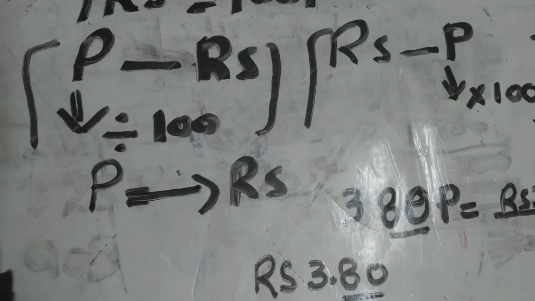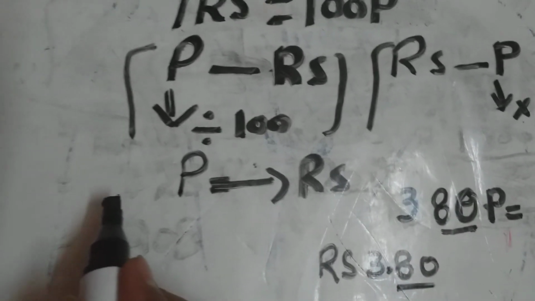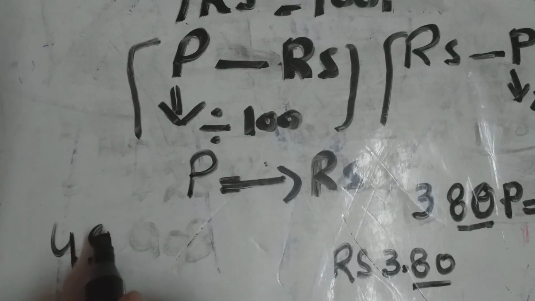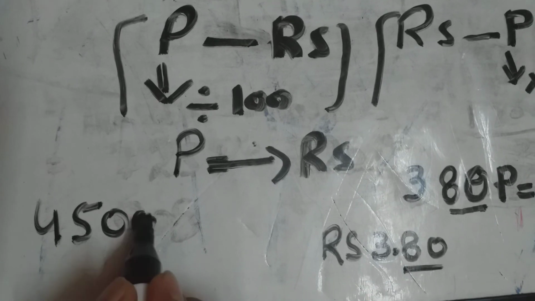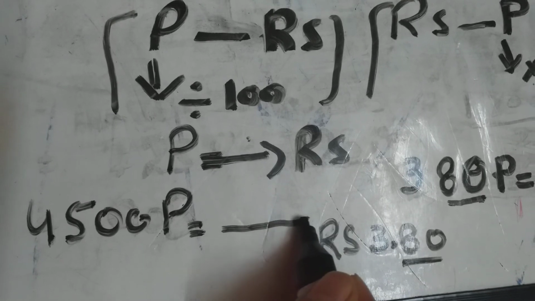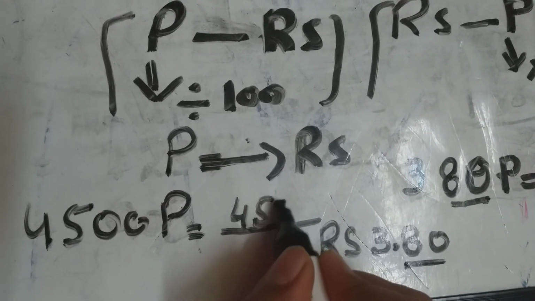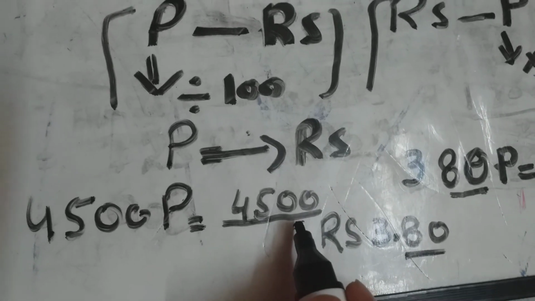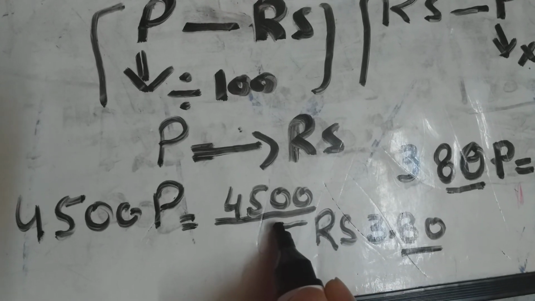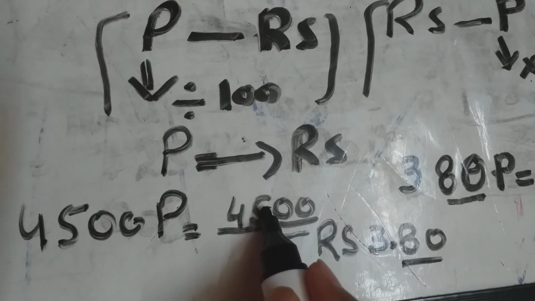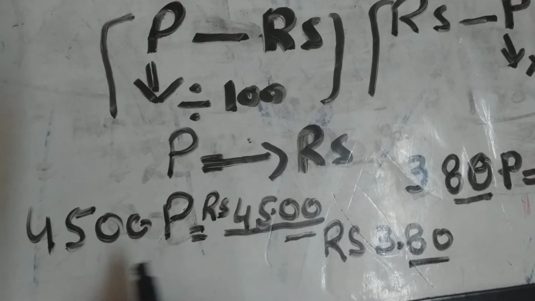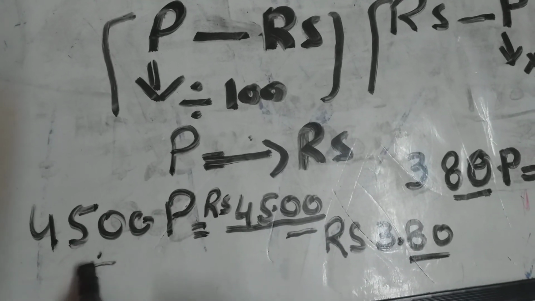Suppose we have another number like this, 4,500 paisa, and we have to convert this into rupees. Then what will we do? For this, girls, first of all, this is the value. We count two digits from the right side, 1 and 2. After these two digits we put a point here, and at the start we write Rs for rupees. In this way we can convert paisa into rupees.